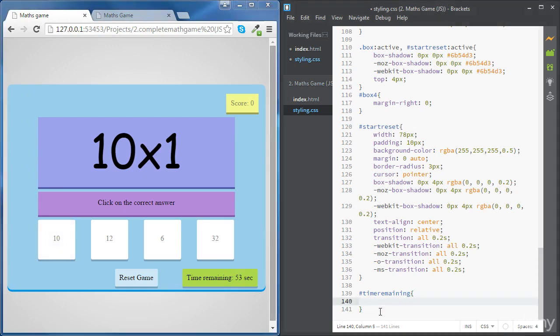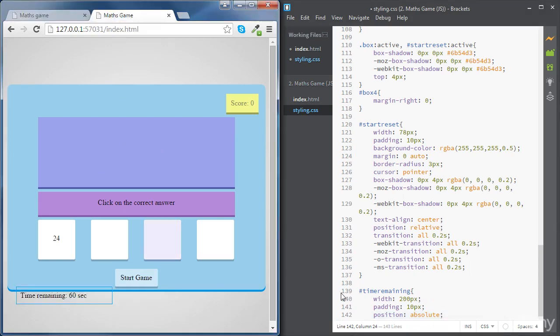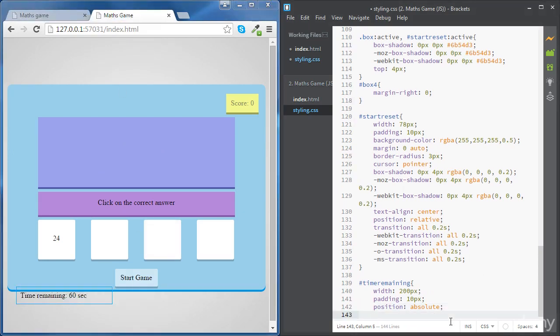So first of all, let's give it a width of 200 pixels and a padding of about 10 pixels. Okay, and let's position this inside our container. So we're going to give it a position attribute absolute. And then we are going to give it a top property of